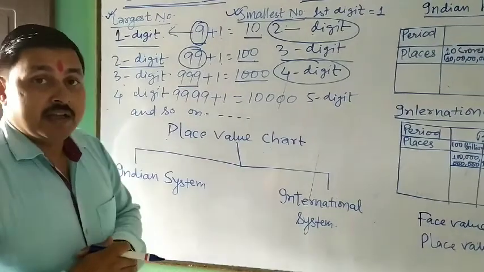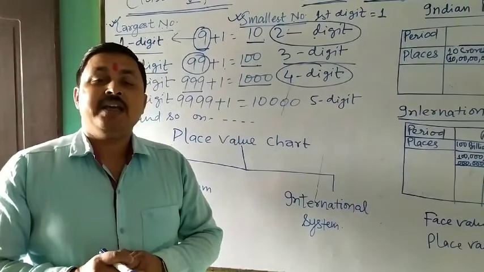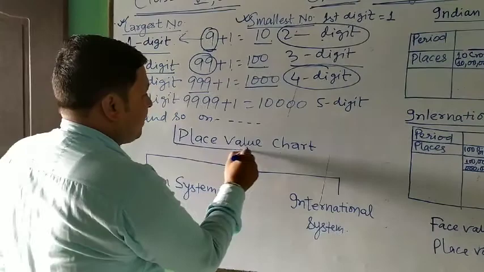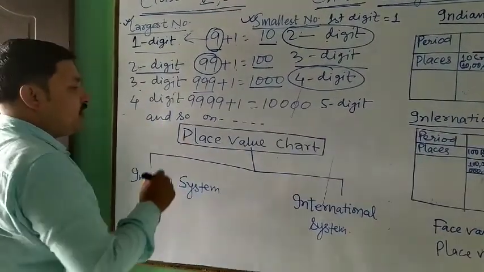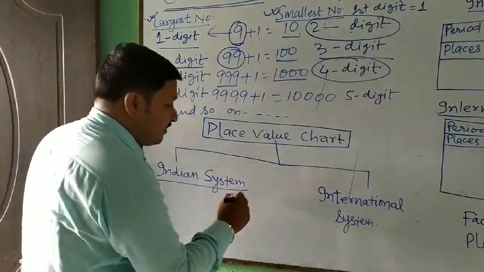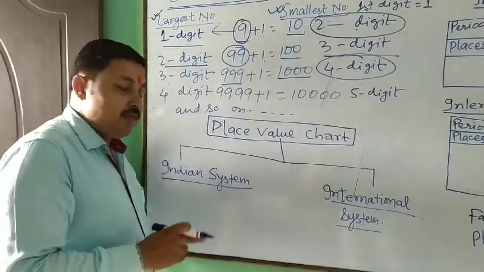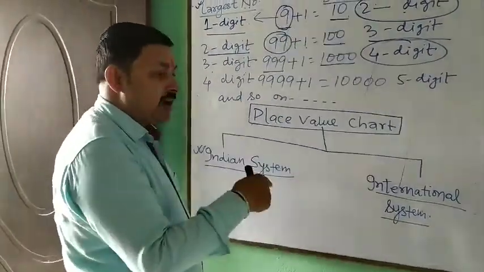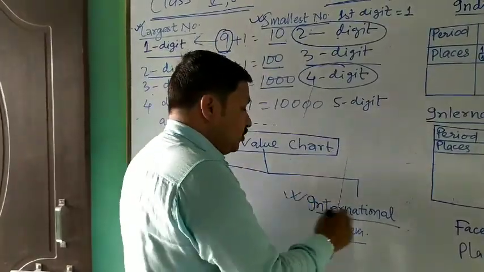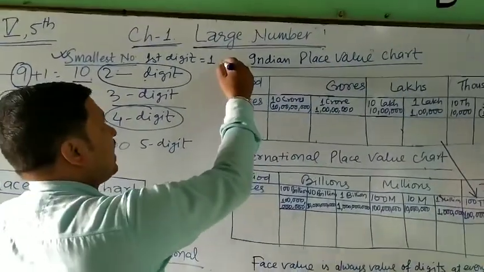Now, the important thing in large numbers is the place value chart. The place value chart can be shown in two ways, the Indian system and the international system. In India we use the Indian system, and abroad, like America, the international system is used. So in the Indian place value chart,